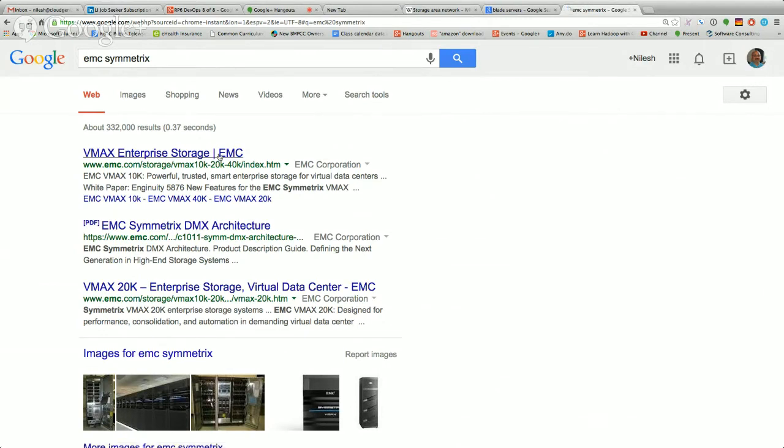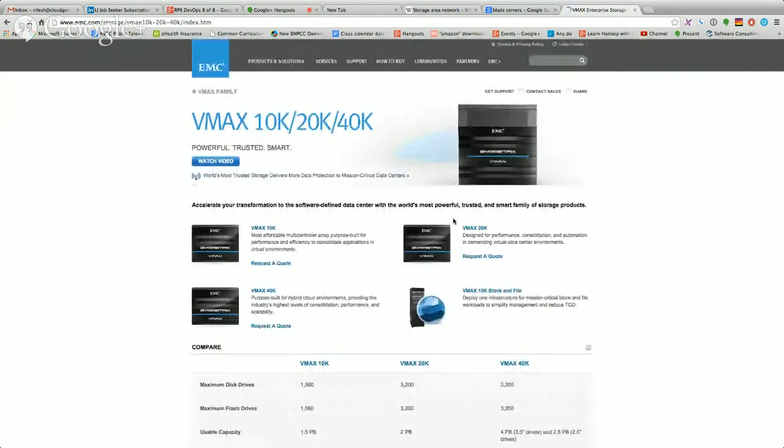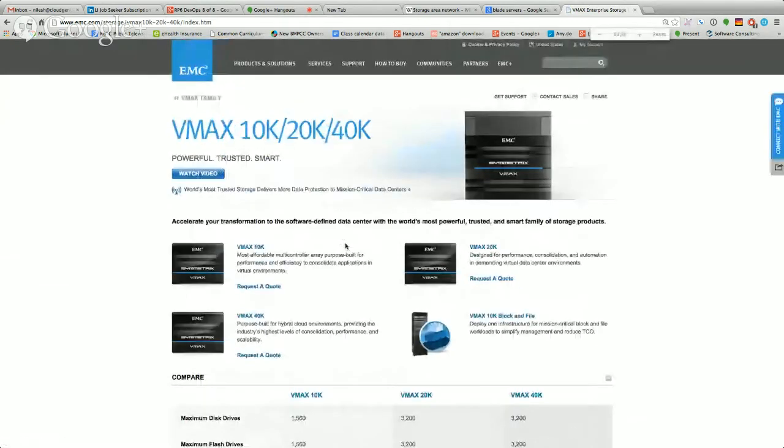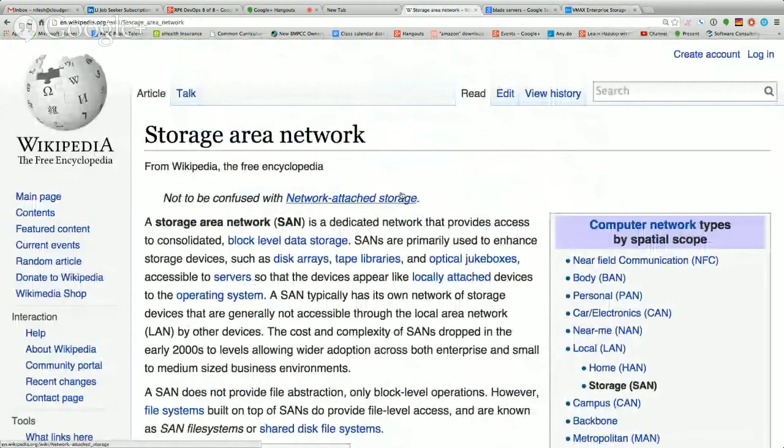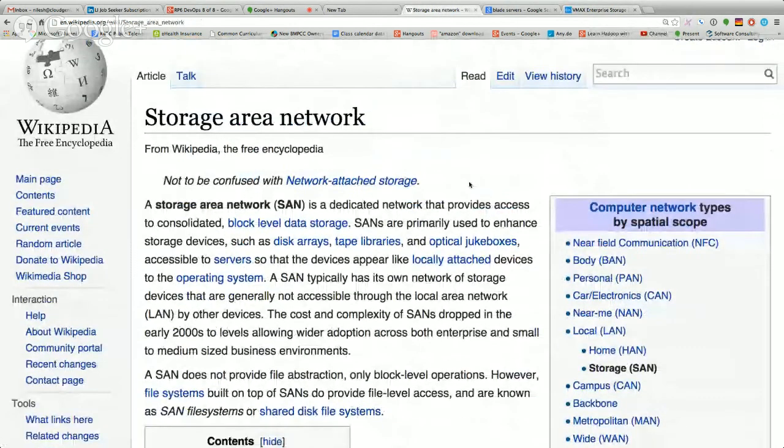A classic example of a storage box is the EMC Symmetrix. They have a new name for it called VMAX, and these are hard disk boxes. This is what typically gets deployed in a storage area network in a data center.